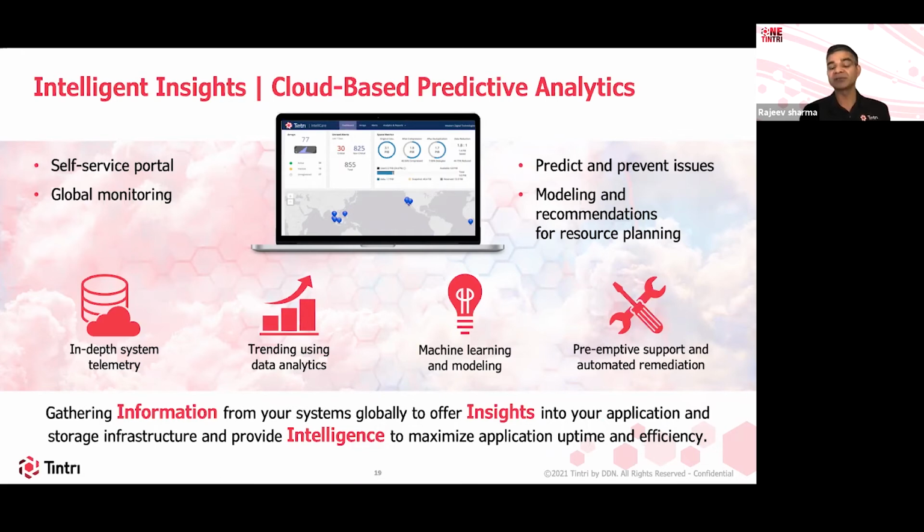Take one example: if you need to see the uptime of the systems, you can see that 5 nines, 6 nines capabilities are shown at a cloud level, and you can monitor it. You can monitor your system from anywhere in the world. If you are traveling and still want to see how your storage is going, you can go to the cloud-based portal and do quite a lot. You can run reports, customized reports that different departments need for planning.